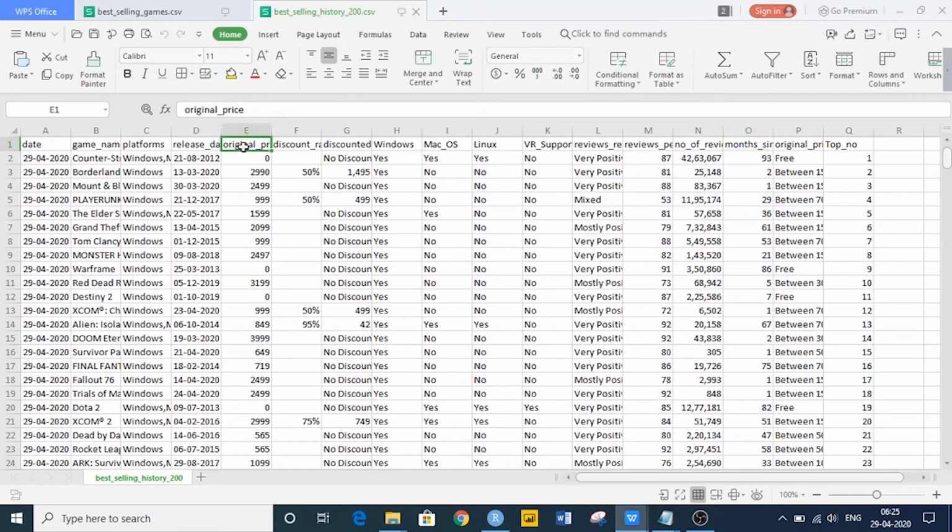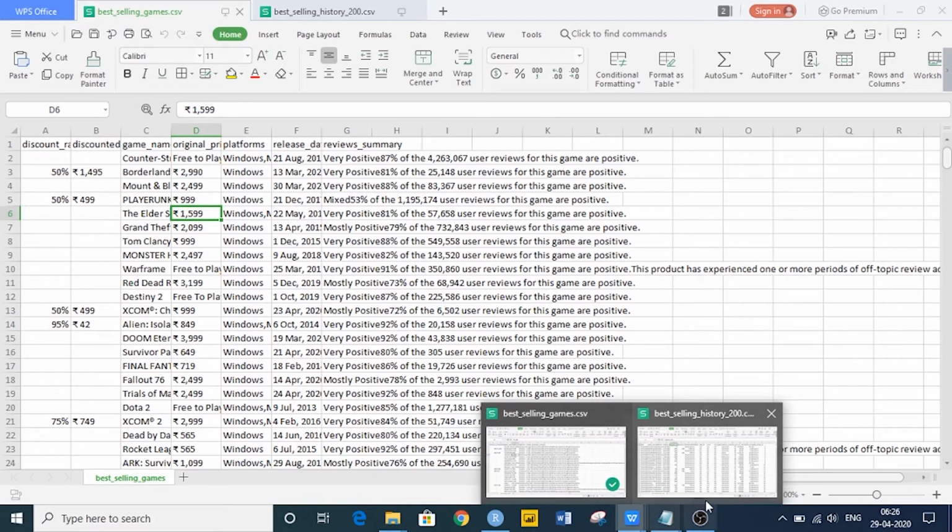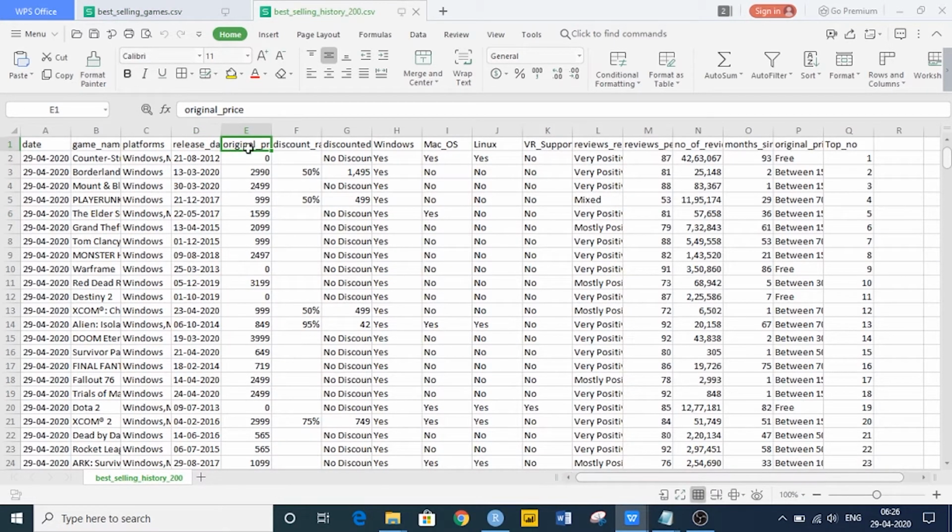The next one is the original price. The original price in the clumsy data is in string format. It is free to play and this kind of data. However, the R program converts this data into an integer format, for which it has done three steps.